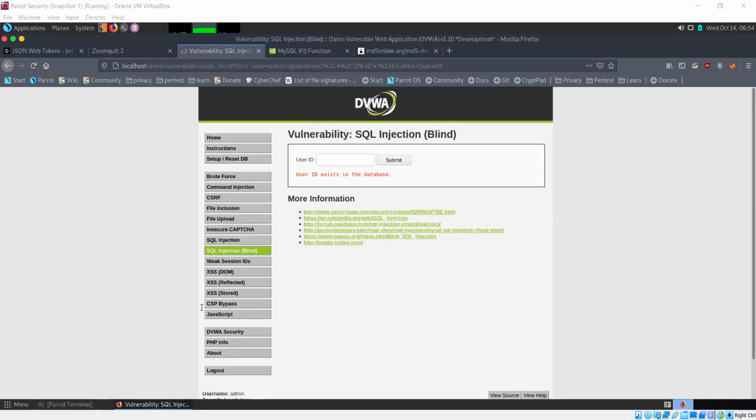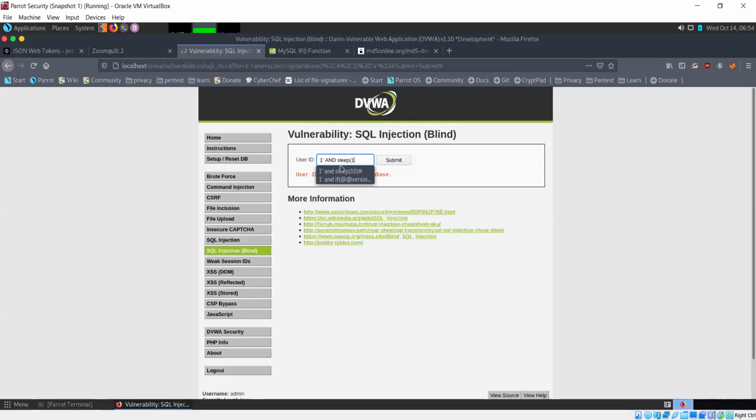Now to check whether your application is vulnerable to time based SQL injection, what we are going to do is use this one again as part of the statement. And now we are going to use the sleep method.